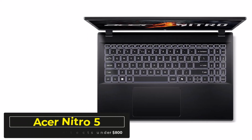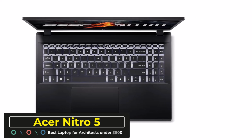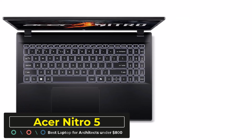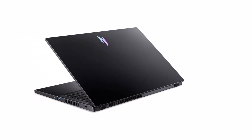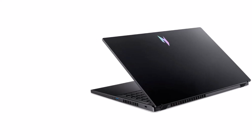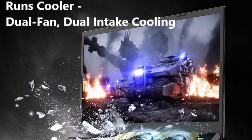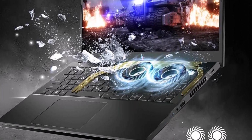Number 4. Acer Nitro 5. Best laptop for architects under $800. The Acer Nitro V stands out as the most budget-friendly choice, offering respectable performance for lighter architectural tasks. With an AMD Ryzen 5 7535HS processor and NVIDIA GeForce RTX 4050 GPU, it's capable of running tools like AutoCAD